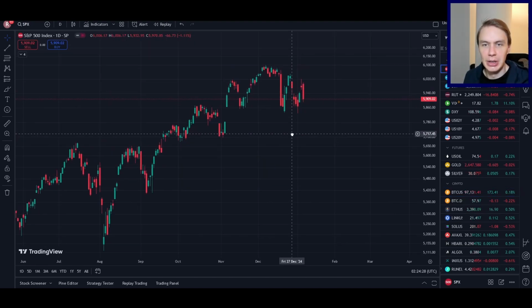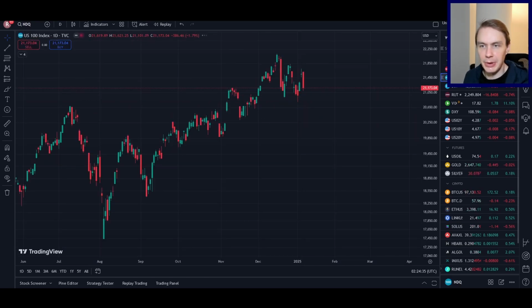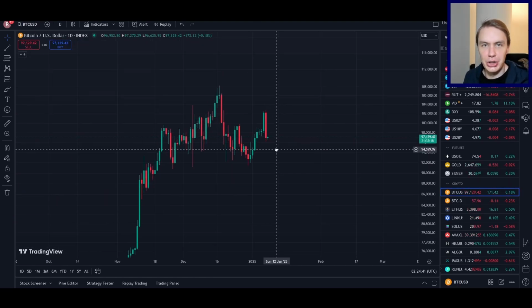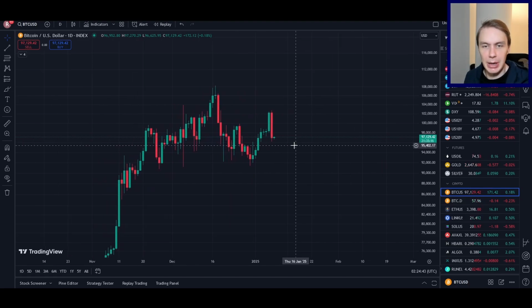We actually saw broader markets in general have a pretty big correction here on the 7th. We see the S&P 500 down, NASDAQ down, Dow Jones down, across the board. And really, this is in response to a pretty strong jobs report that came out that has reignited inflation fears.